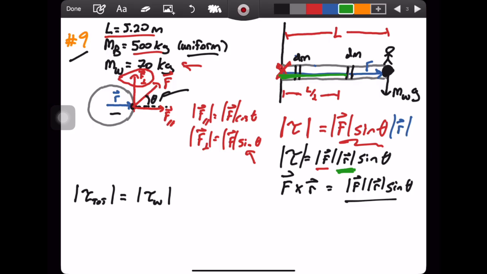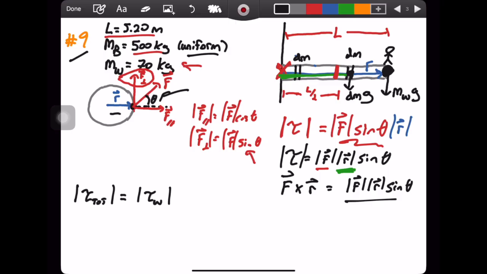But here's the thing. Let's look at this L over 2. That's the halfway point of the beam. If I broke that beam, and again, it's a uniform beam, into lots and lots of little dm's, and I asked myself what the torque does to each of these dm's, well, this one right here,